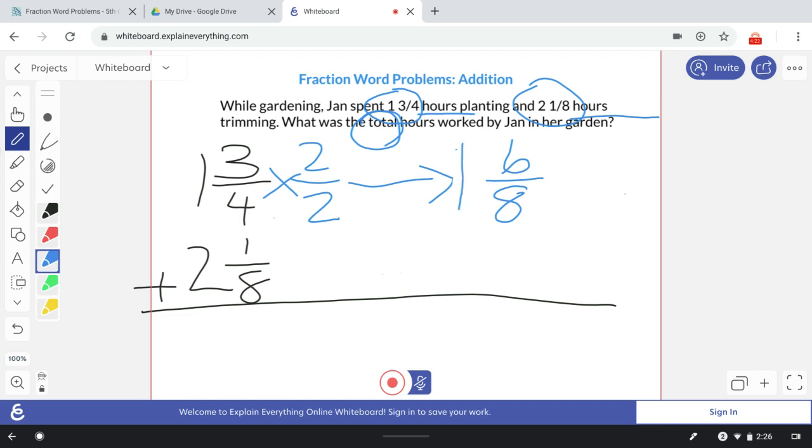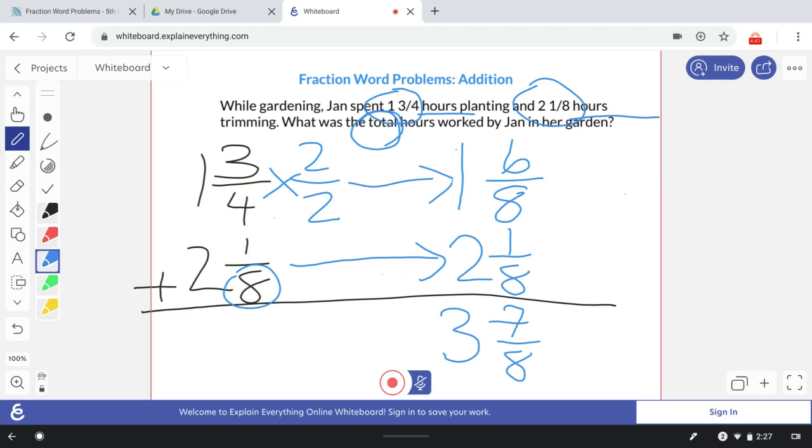So it's 1 6/8. And my denominator is already 8 here, so I do not need to do anything. I just need to rewrite it, 2 1/8. Now I'm going to add. 6 plus 1 is 7, so I have 7/8. 1 plus 2 is 3. 3/8. 3 and 7/8. So then I actually go back to my problem because one thing that I always say,